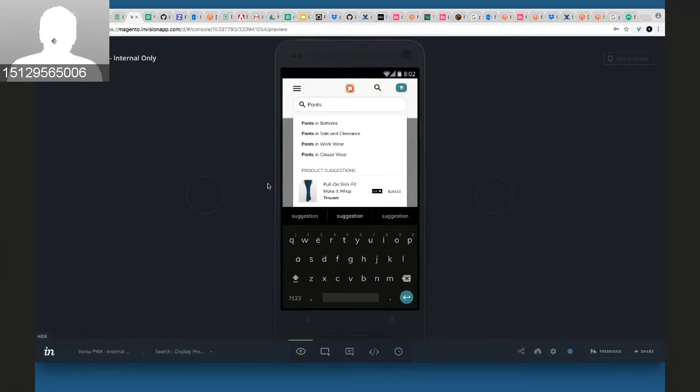So typically how this works is that the keyboard stays up and the area behind it is scrollable. So you can scroll up to view more product suggestions. At least that's how it happens on iOS. I haven't really investigated how that works with Android. I would assume it's somewhat similar because otherwise it gives you very little real estate to show any product suggestions